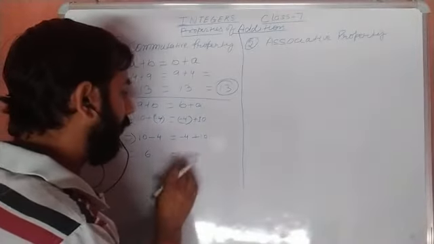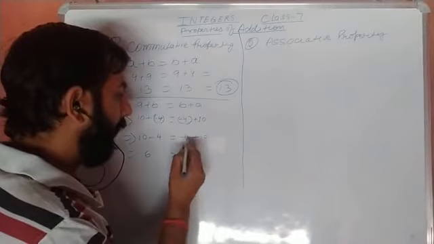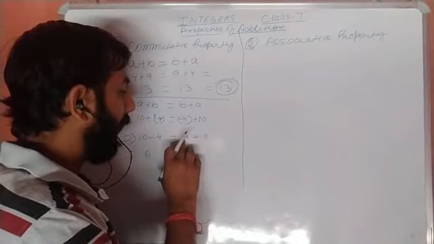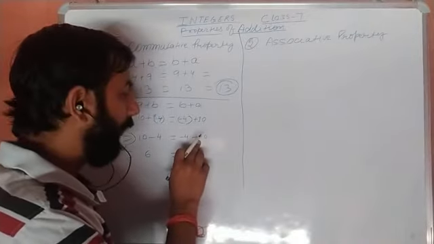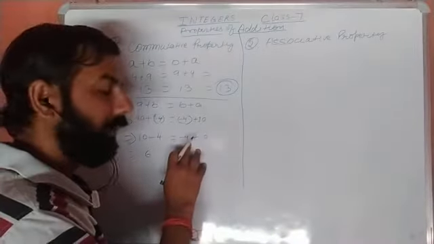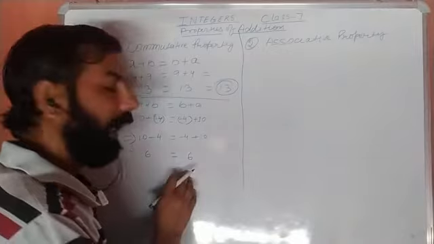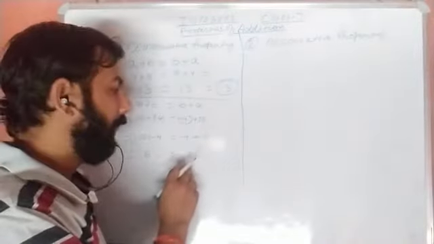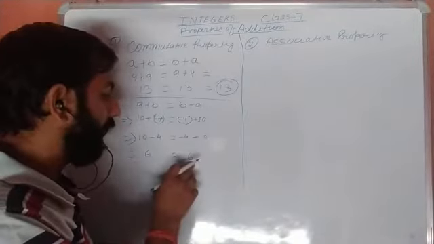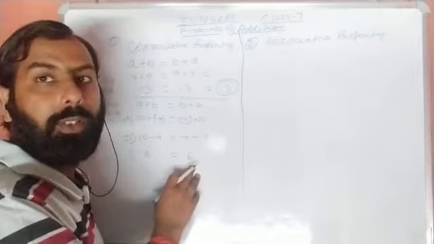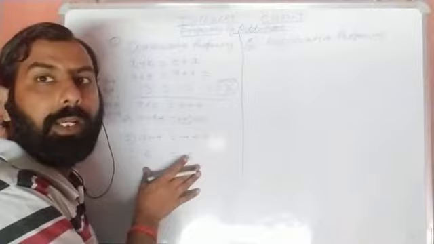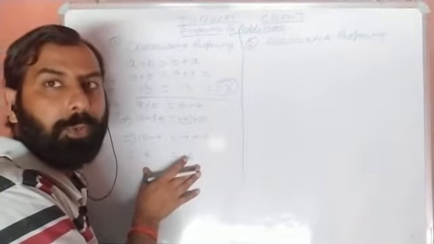Now let's come to the right side. Here is minus 4 plus 10. So plus minus, we have to subtract the smaller number from the bigger number. From 10 we subtract 4, we get 6, and the sign will be of the bigger number. The bigger number has a plus sign, so here will also be a plus sign. So we have got 6 and 6 on both sides. This is how you can add two numbers, whether negative or positive.